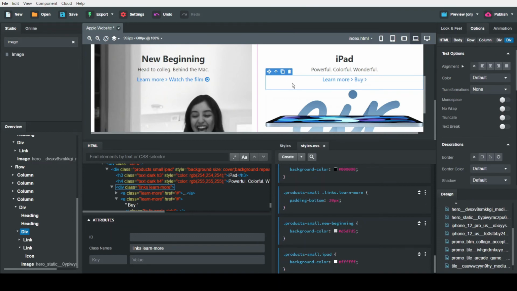To make space between them, let's give the class name to these links. And create the CSS for that. Add bottom padding.